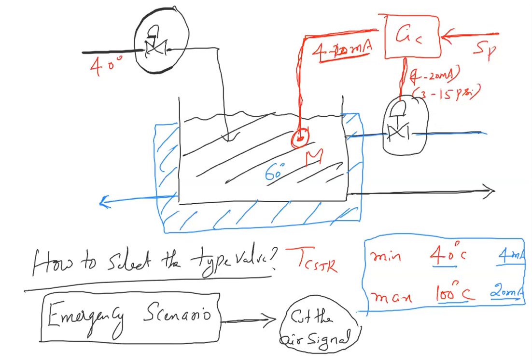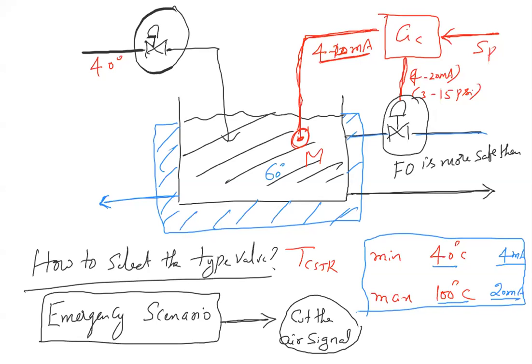So let the cooling water flow through the CSTR. Now what will happen? It doesn't catch any fire. What happens if you send more cooling water to the CSTR? Is there any unsafe situation? No, because cooling water doesn't catch fire. And moreover, if there is any heat accumulated in the CSTR, that will be taken out. So what we can say is, fail open is more safe